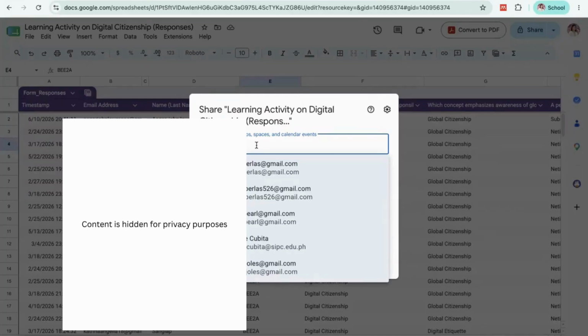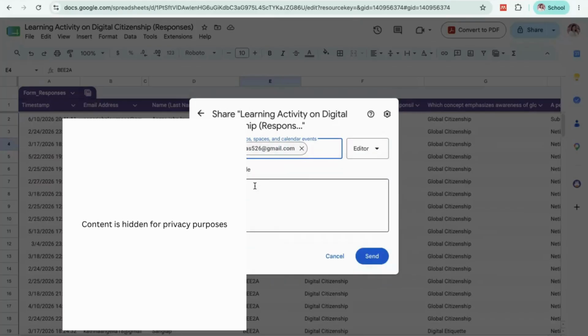For example, I want to share this with helenperlas526 at gmail.com. I will set this person as editor. That means this person can edit the content of this sheet. If you want this person to just view the file, click viewer here. Or if this person is just a commenter, click commenter here.